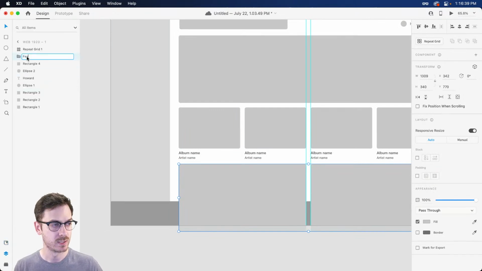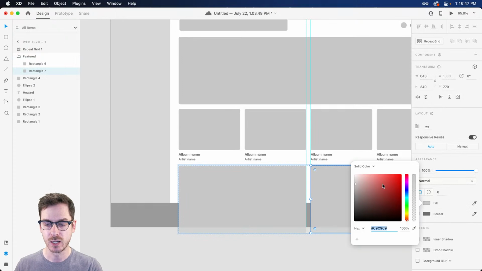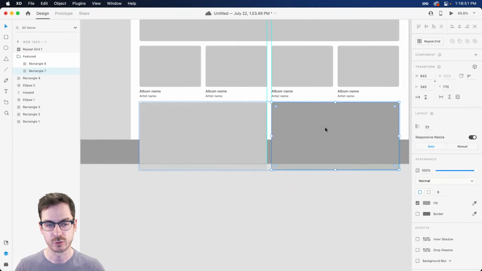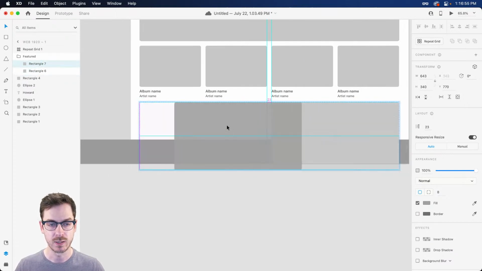and make sure that this is named Feature. And I'm also going to turn a stack on for this particular group. And this will allow me, let me go ahead and change the color of one of these. This will allow me to very easily dive in to this group and just swap the position of these objects if I needed to, right?